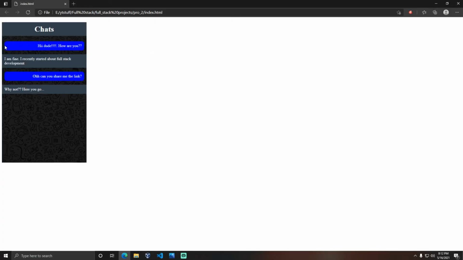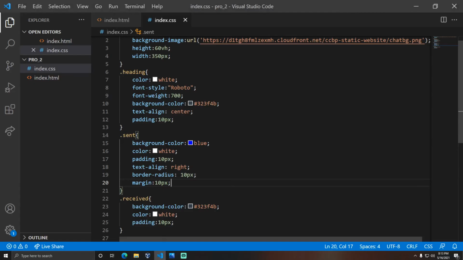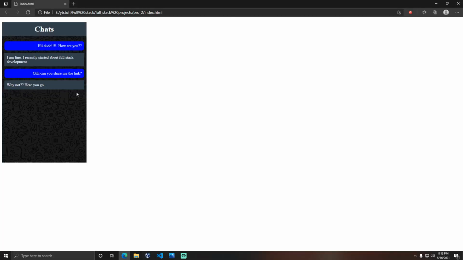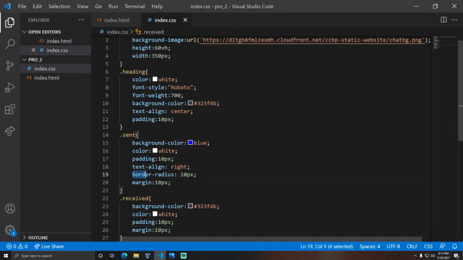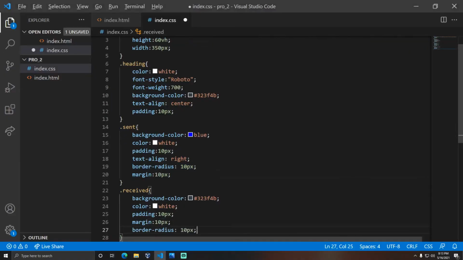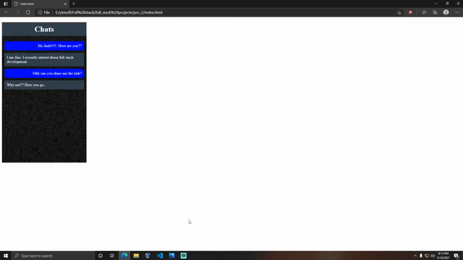See, the spacing is observed between the border and this kind of thing. So copy this and paste it here. Save it. You also got this type of spacing, but you did not add border radius to it. So copy this border radius property and add it here. Save it. So here you got this thing.